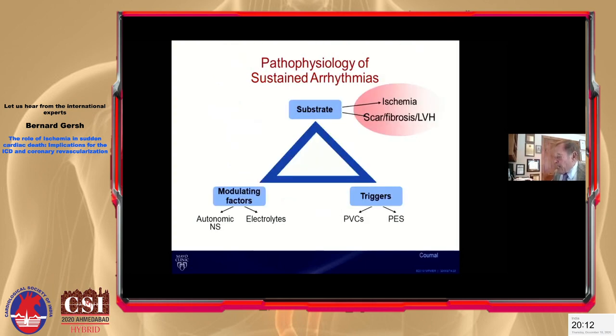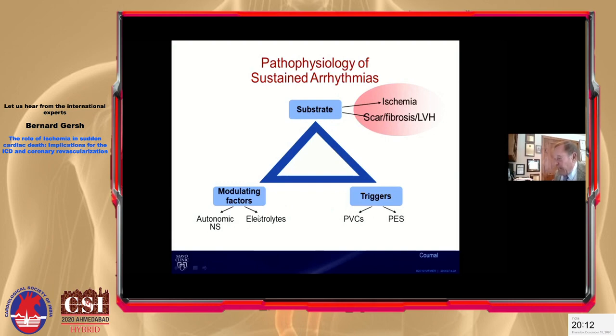So this is the classic arrhythmia triangle developed by Dr. Philippe Coumel in France about 30 years ago. You have a substrate, modulating factors, and triggers, and all these 3 interact to cause sustained ventricular arrhythmias. The substrate can be ischemia or scar fibrosis, left ventricular hypertrophy. Triggers are PVCs or premature electrical stimuli at the time of an EP study, and modulating factors, autonomic nervous system,